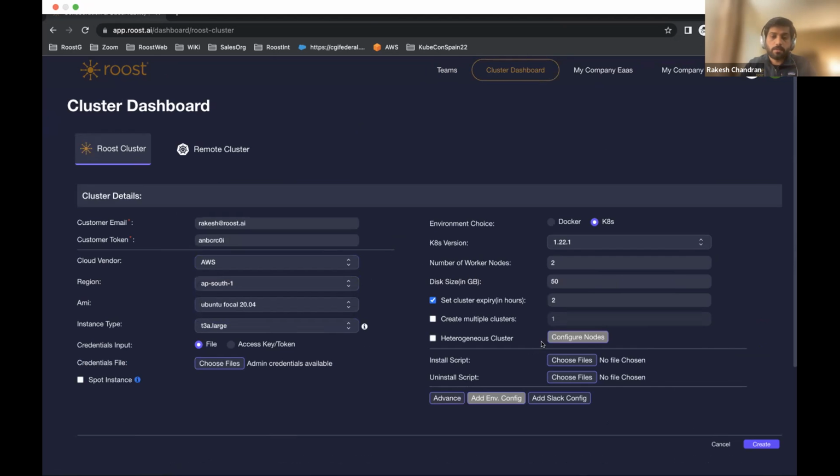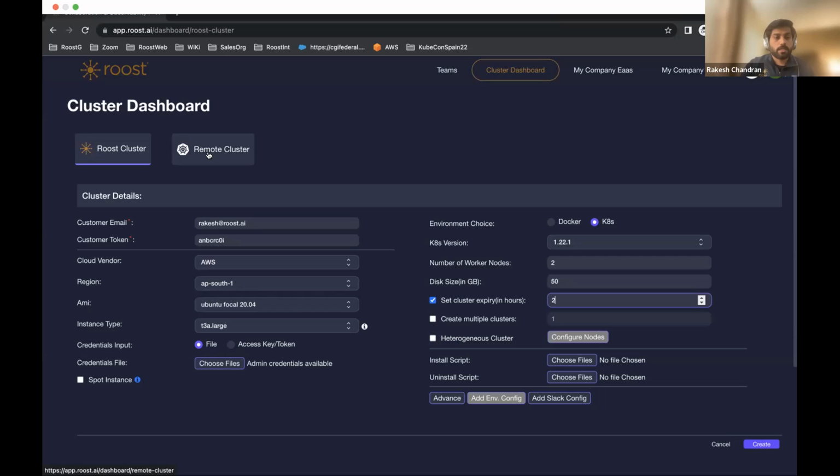One of the important features is that we provide heterogeneous clusters as well, and also the number of hours this cluster needs to run, so that it doesn't need to run 24/7. We provide it in an ephemeral way. You can also provide install scripts and uninstall scripts, like if you want to add some dependencies or any other teardown mechanism or scripts, you can choose it here. There is also notification available for Slack and other communication channels.